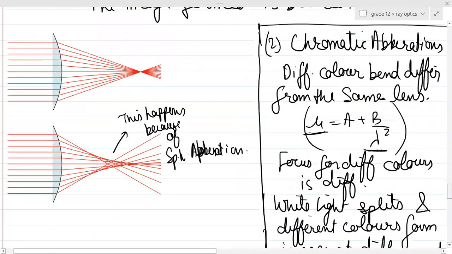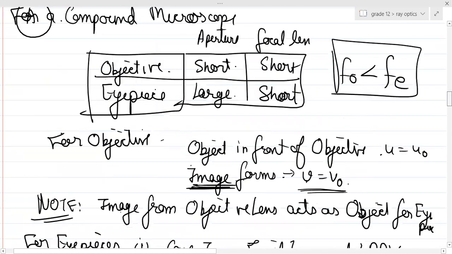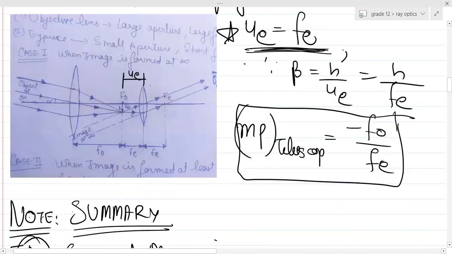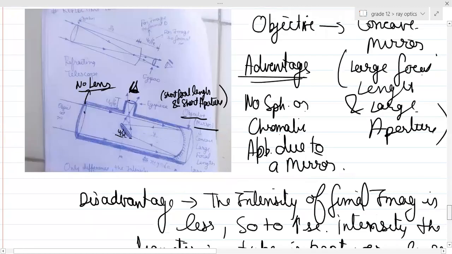Guys, do you remember? In the case of a refracting telescope, the image which was formed was inverted, right? When you are seeing heavenly bodies, those bodies are generally spherical, right? So if you see them inverted or upright, does it matter? No. But if you want to see into your neighbor's house, and everything appears inverted, then there won't be much fun, right?